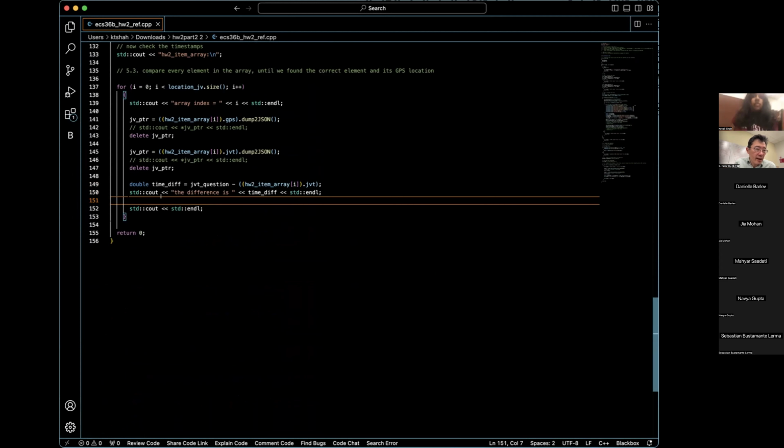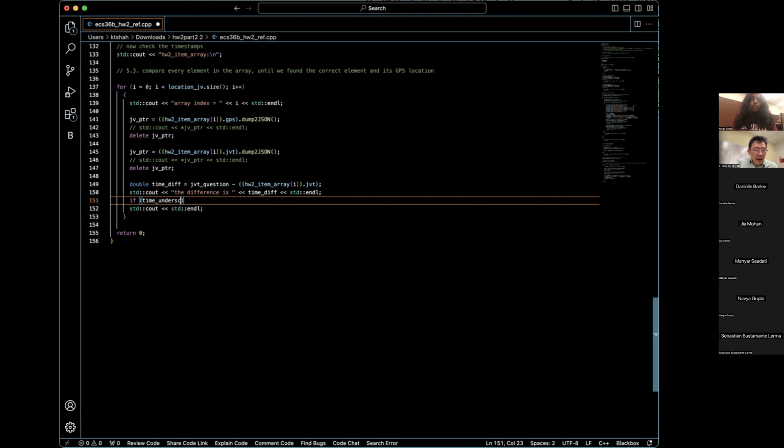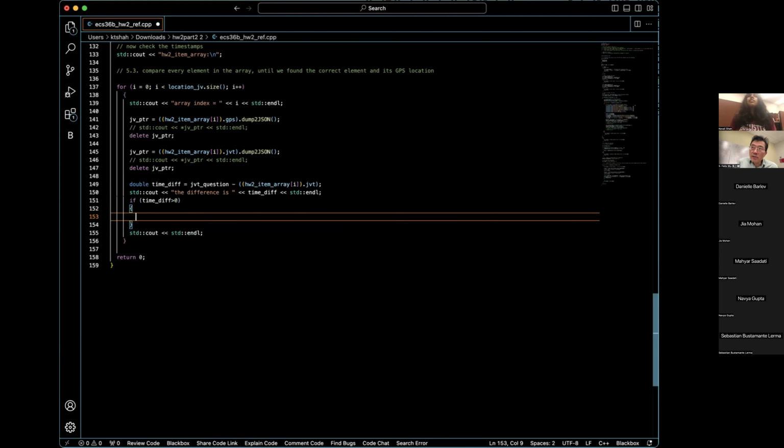Let's write this. I said do an if, left parenthesis. Okay, I will say if time_diff is greater than 0. Is that right? Greater than that. Yeah, okay. And then I would say std::cout,